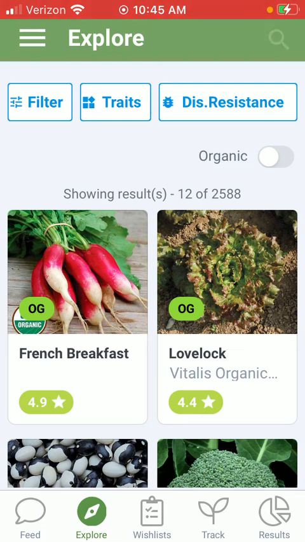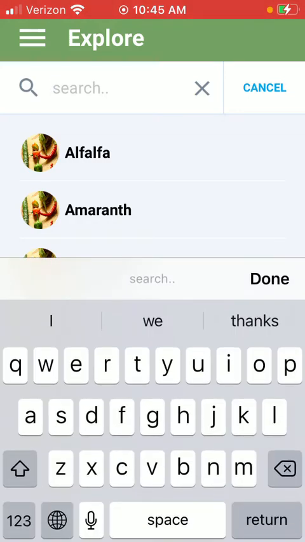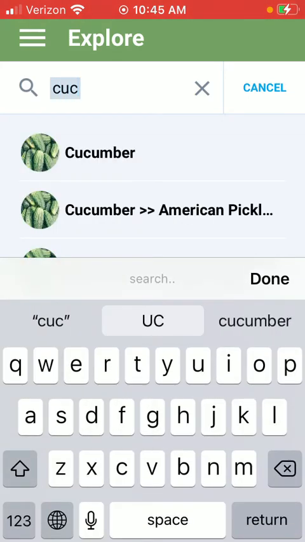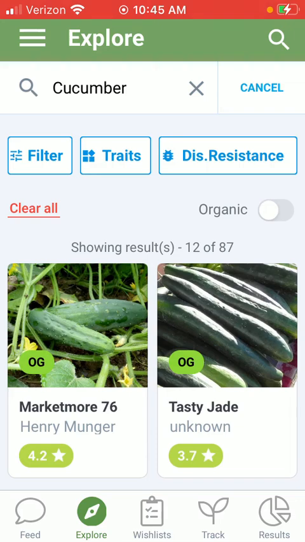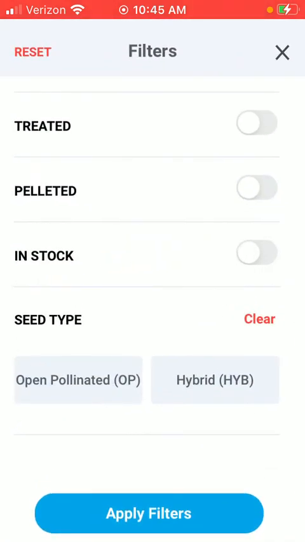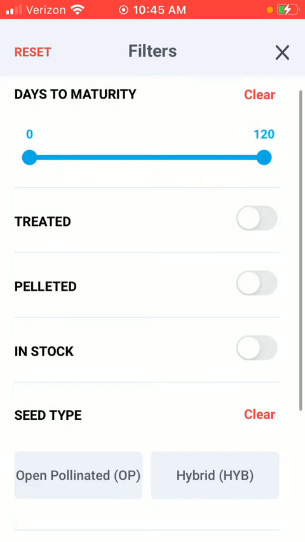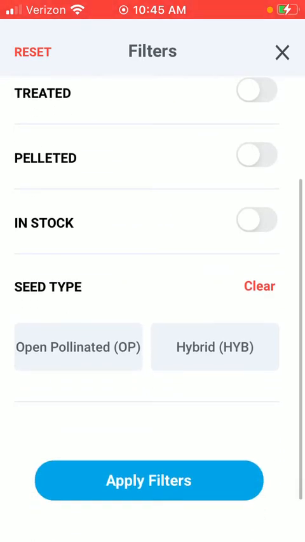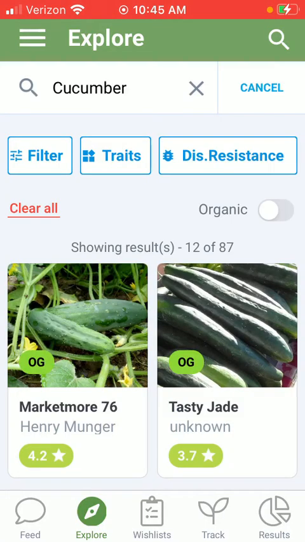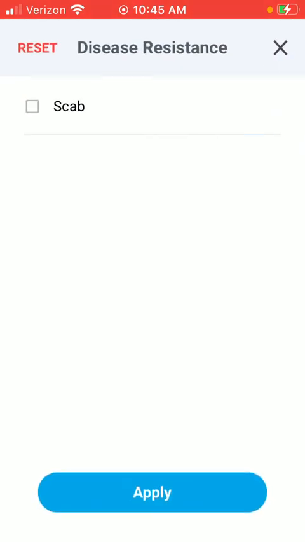Let's say I'm a grower that is looking for cucumbers, and I'd like to compare a couple of different cucumber varieties for my organic growing conditions and market. So here I could filter by treated, pelleted, in stock, or specific seed type, as well as days to maturity. I could also filter by specific disease issues, such as scab. There are a number of them as well